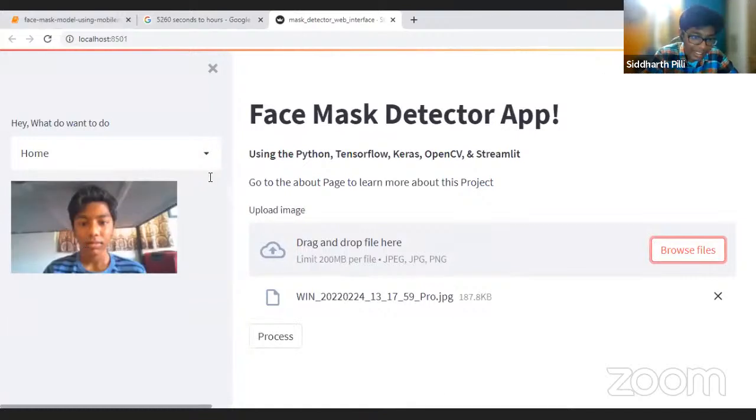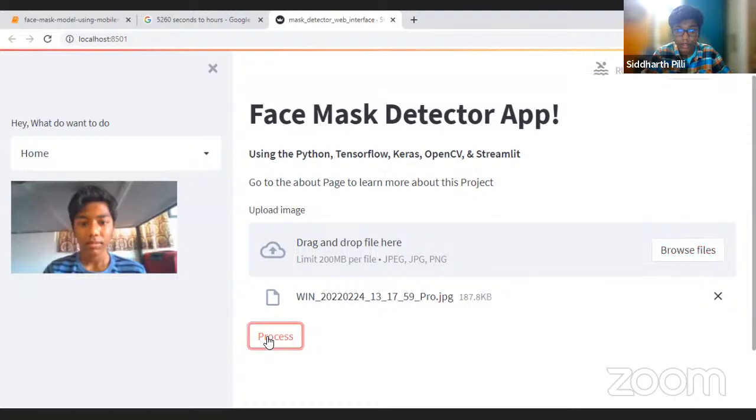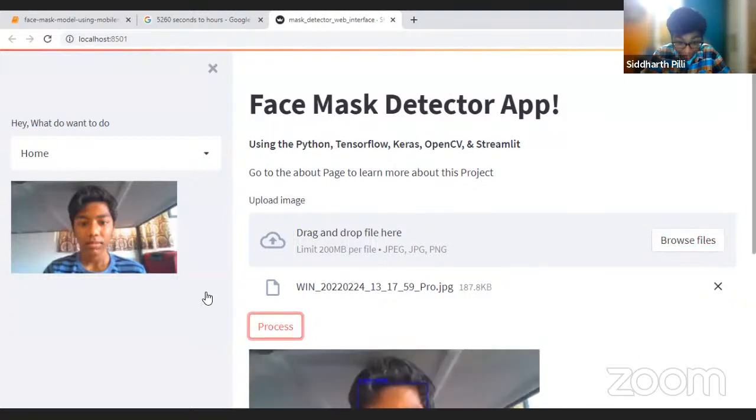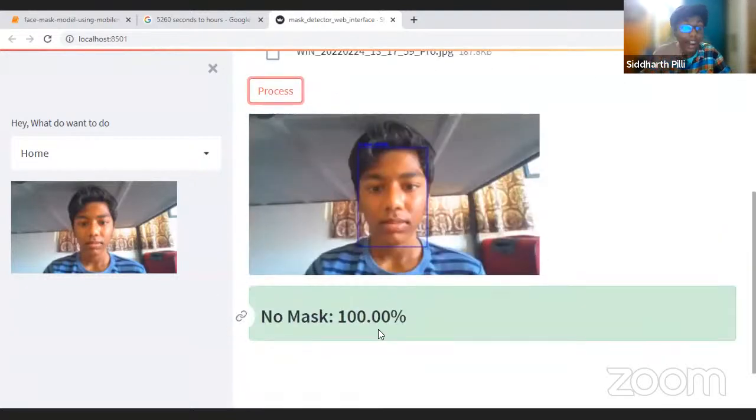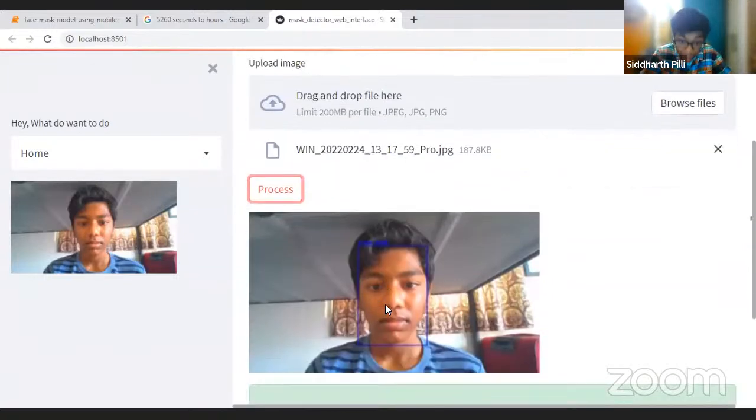Even if this picture looks really bad, I'm sorry for that. It's too embarrassing to even share. Let's say this is a sample picture. If you want to predict if this person is wearing a mask or not, I can just say process. It helps us understand that we're 100% sure this person is not wearing a mask.